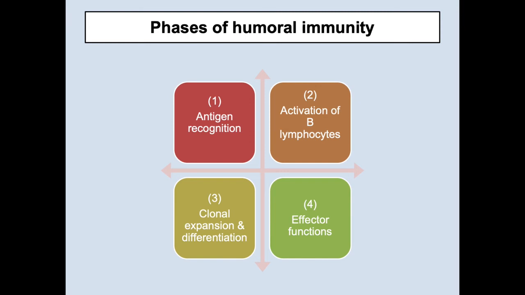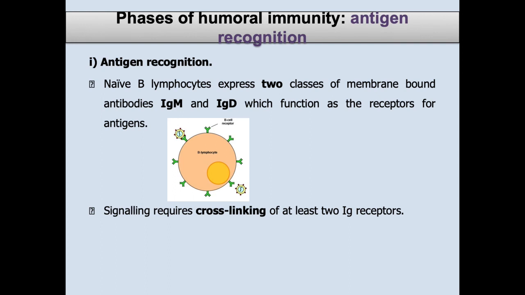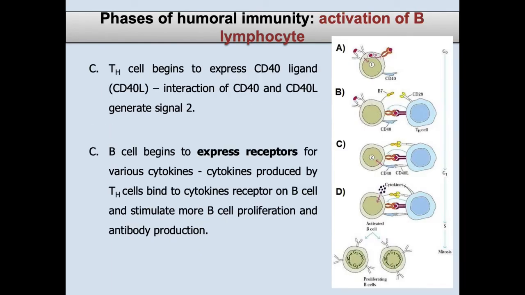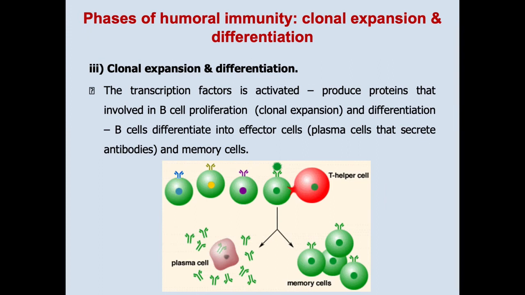And later on we cover the phase of activation of antibody, as well as activation of the cell-mediated immune response. Right. So the third stage in humoral immunity activation is clonal expansion and differentiation, which is,